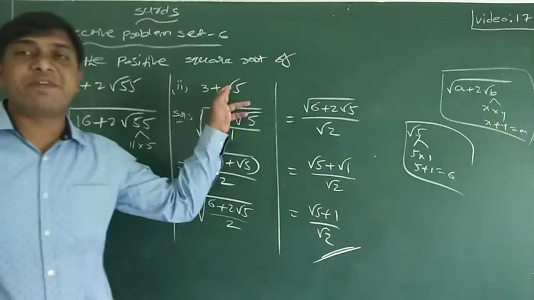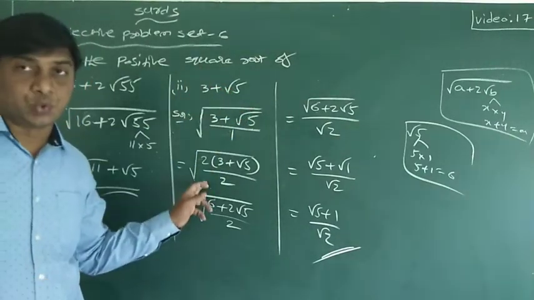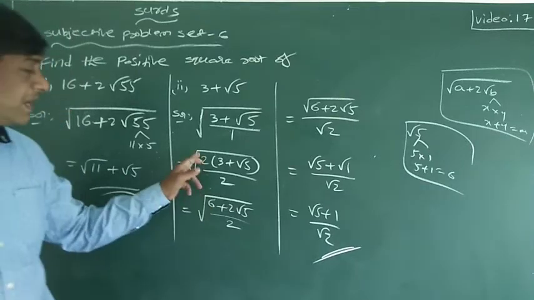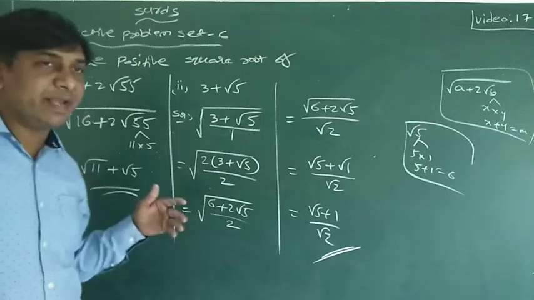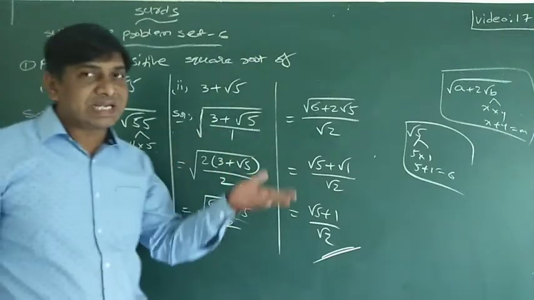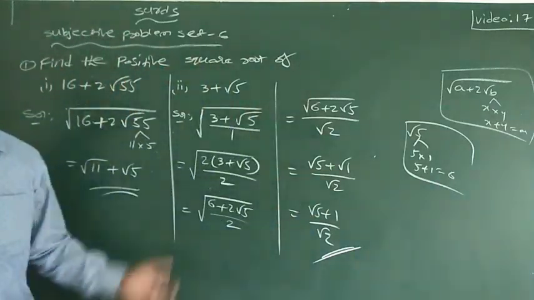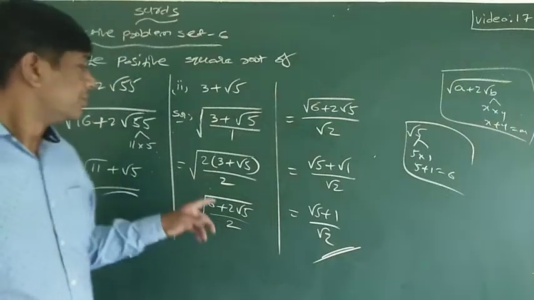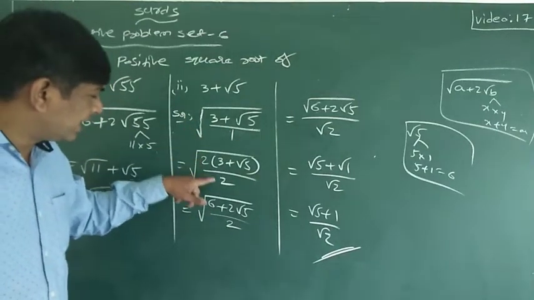Since the 2 rational factor is not there, I multiplied and divided by 2. If you multiply and divide, that makes no difference in the question. The given question will not change. Only if you multiply and don't divide, the question will change. The given question is different and what you are solving is a different question. So to balance the question, multiply by 2 and divide by 2.